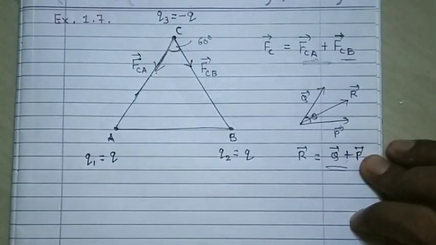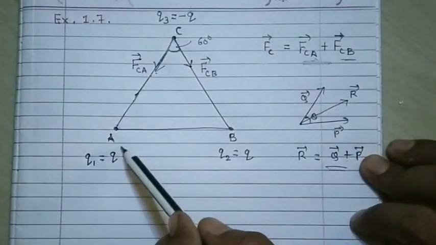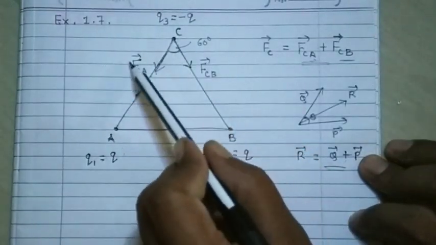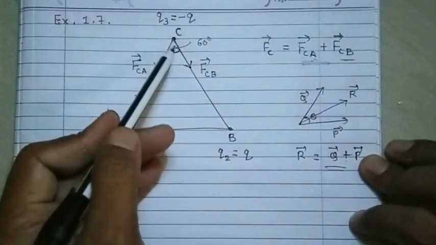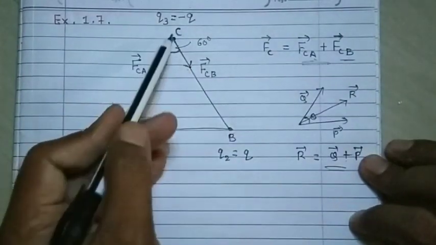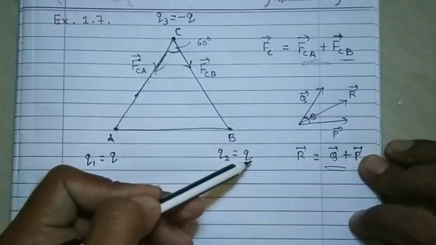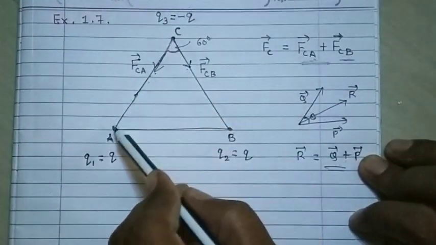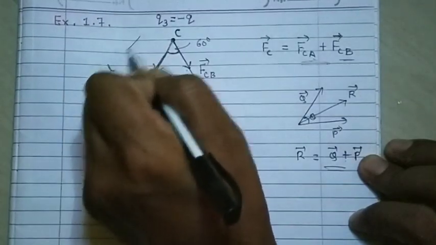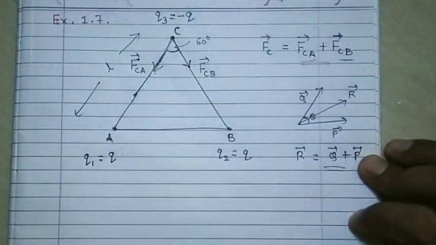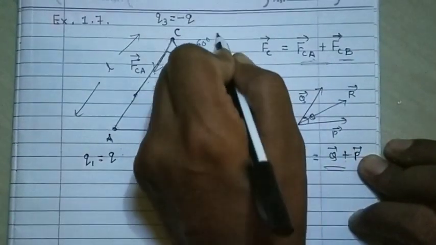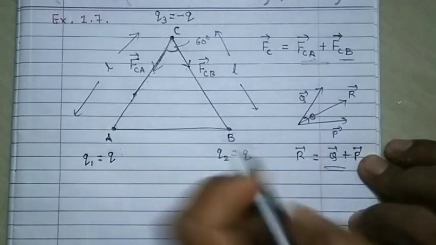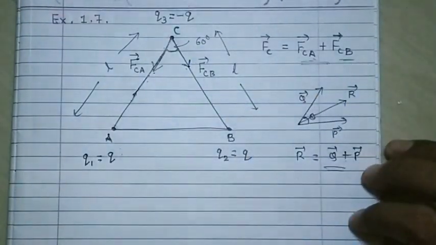Now we know that here also the charge is Q and here also the charge is Q, so the magnitude of the force in this direction, that is CA, will be equal to the magnitude of the force in this direction, because here also the charge is q and the magnitude is the same. Also the distance, this distance, let me call this L, which is given in the figure also. Even this distance is also L, so the distance is also the same. So we can say that this force and this force both are the same only.